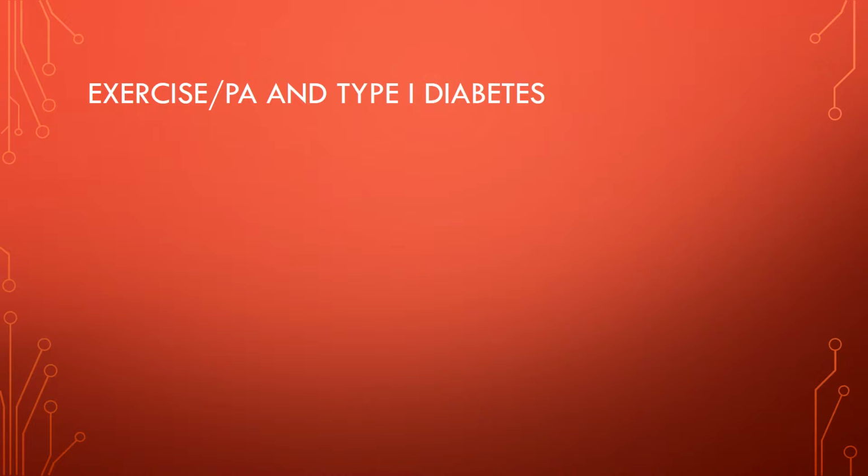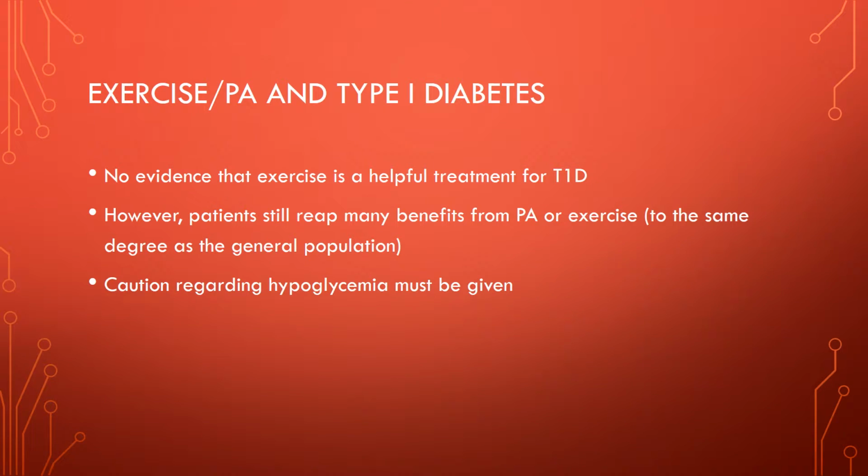So of course, this is all leading towards what is the role of exercise or physical activity in treatment and prevention of diabetes. So first I want to talk about type 1 diabetes. Unfortunately, there's not evidence that exercise can treat type 1 diabetes. So someone who's diagnosed, it doesn't mean they shouldn't exercise, but it's not likely to regulate their blood sugar. Of course, all people can benefit from physical activity or exercise.